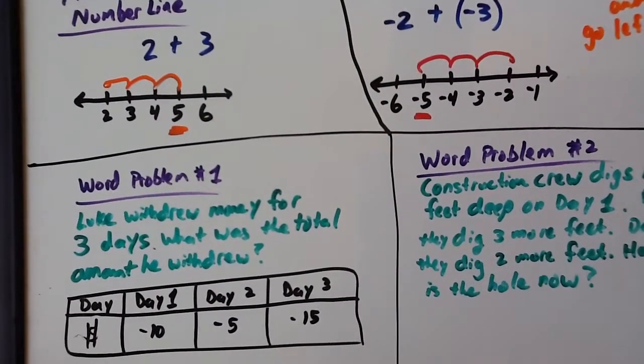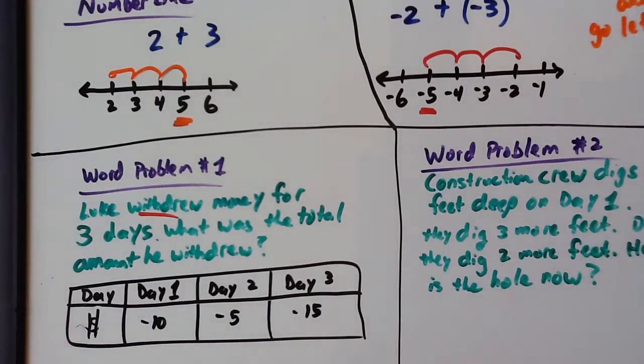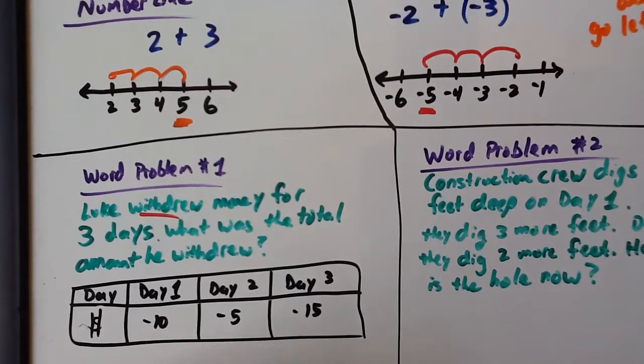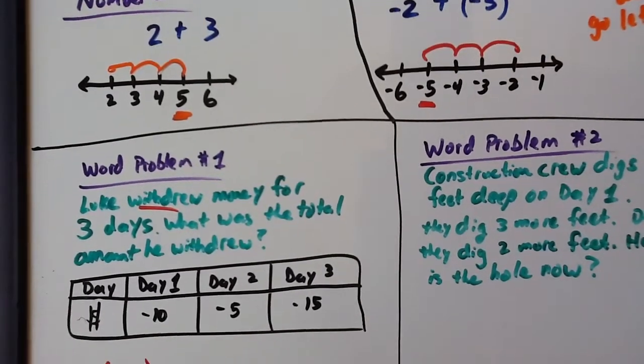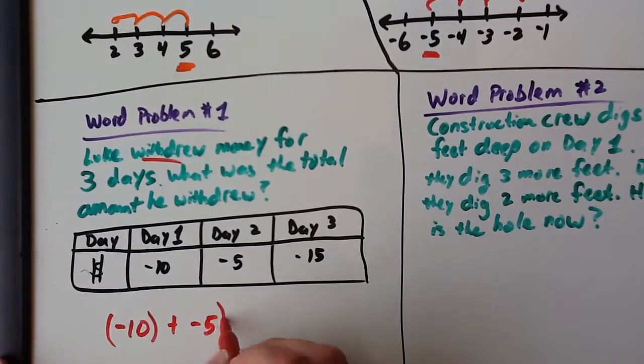Here's a word problem. Luke withdrew money for 3 days. What was the total amount he withdrew? Now, key word here, if you withdraw money, that means money is going out of your bank account, and we represent that with a negative sign. Okay, so day 1 he withdrew 10, so minus 10. $10 comes out of the account. Okay, then he withdrew $5, so plus negative 5. Then he withdrew